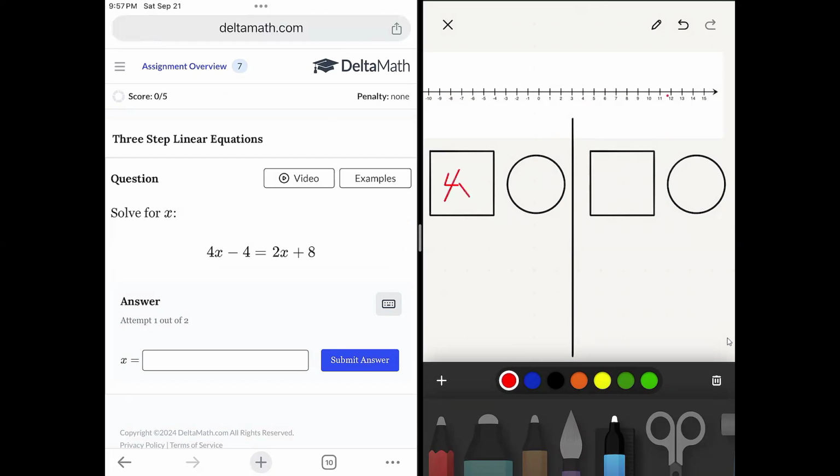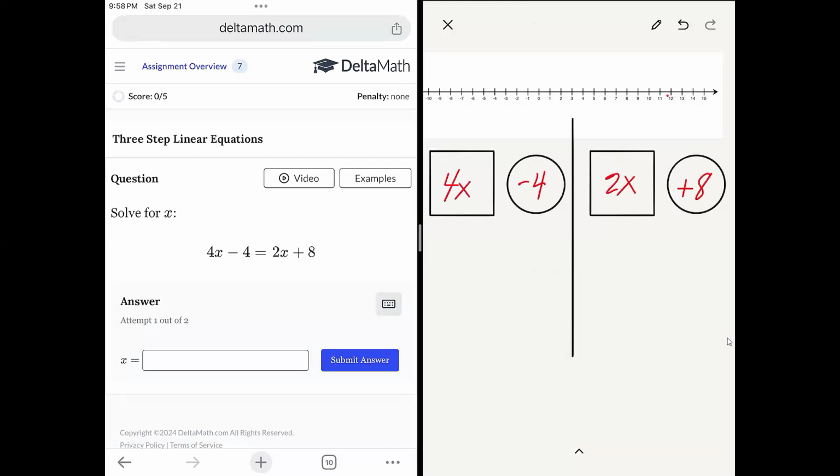The -4 is going to go in the circle. The 2x is going to go in the X box, and the +8 is going to go in the circle. Boxes want to be with boxes, circles want to hang with circles. So I'm going to take this 2x, I'm going to move it over here, and I'm going to make it